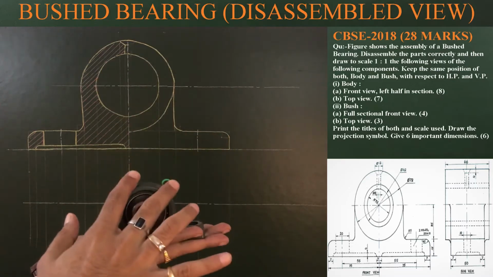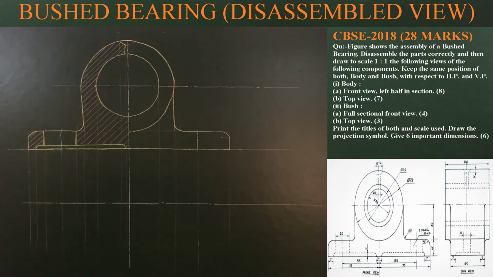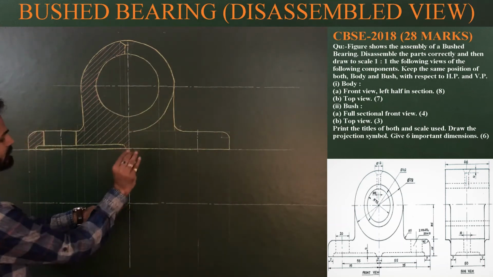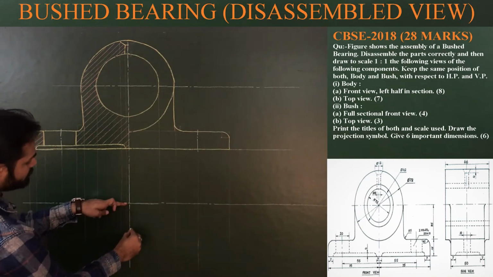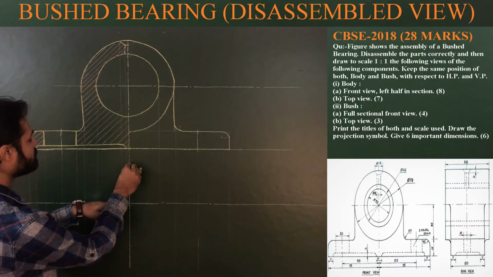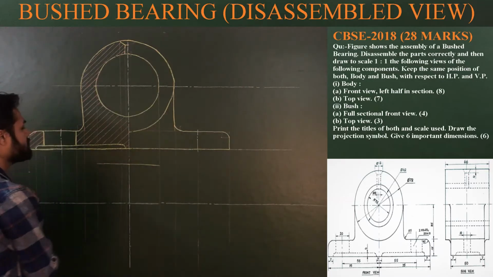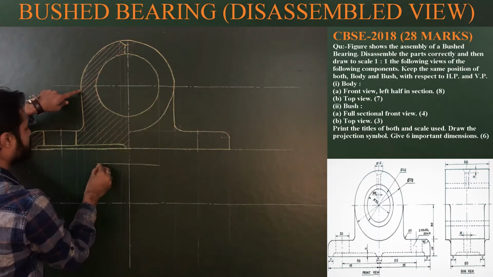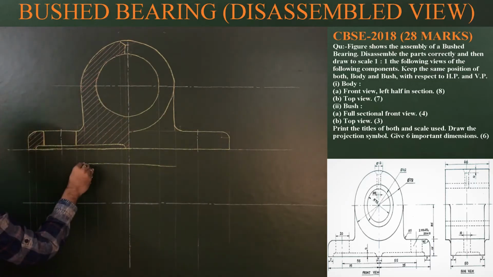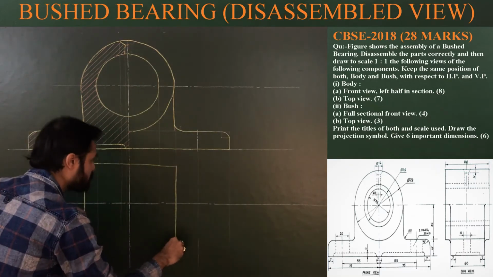In this case, we know that the top view will dominate, so we have to draw the outer or visible outlines of the top view for the cylindrical part, upper part first, then we'll finish this part. For the upper part, the total length is 66. So from the central axis, half of 66, 33 up and 33 down. We'll mark 2 points, 33 up, 33 down, and from these 2 points we can draw dark and visible lines up to these two limits. So these are the limits of the upper cylindrical part, and this is a fully visible part, so use dark pencil.